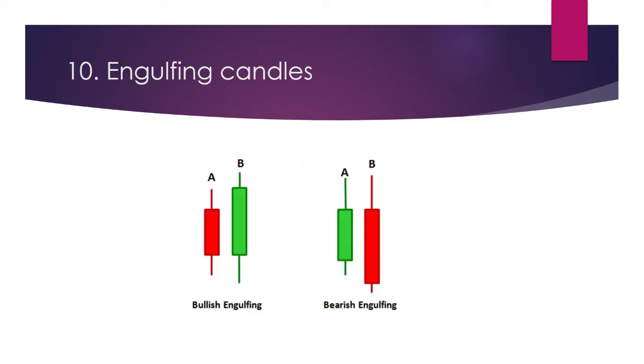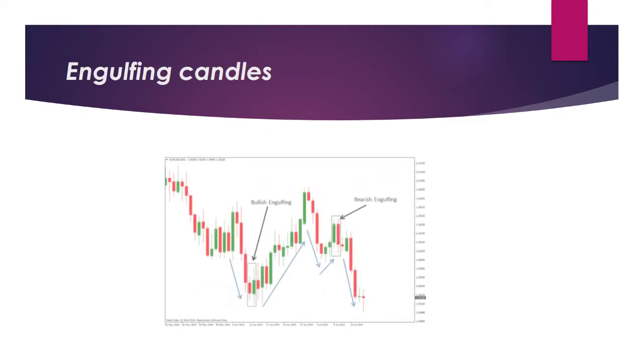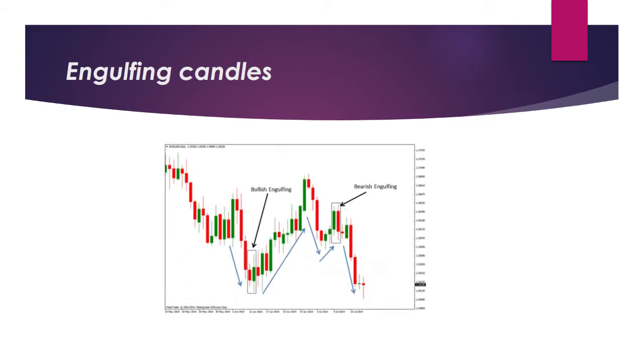See, candle A, candle B. A bearish engulfing pattern is a bearish reversal signal that forms when a bullish candle A, remember, and candle B is engulfed by the larger bearish candle. So if you look here at the chart,